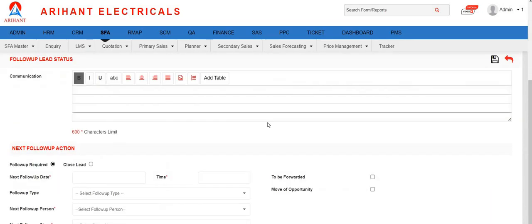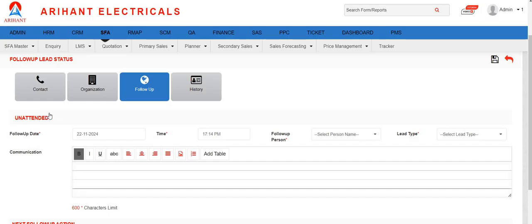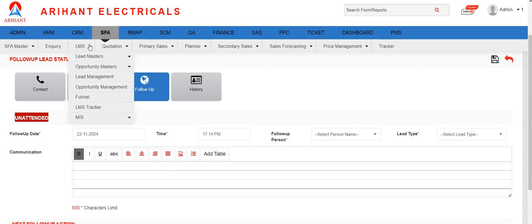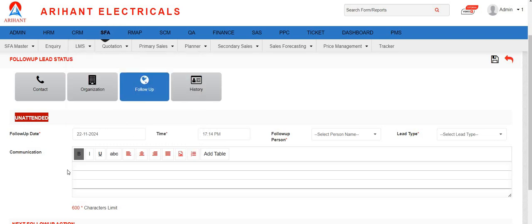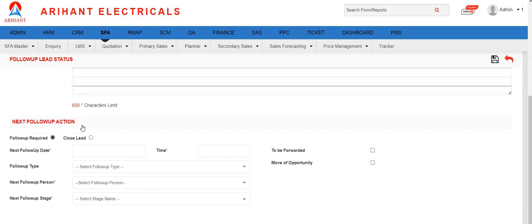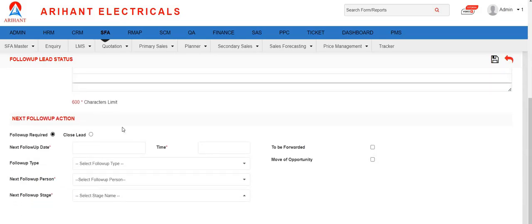And like that only, next time this particular stage will be changed once we call on the lead. So next time it will change. Next time it may be first call or last call, close session, whatever information the salesperson will fetch from this master. So the information will be shown here. And then the next follow-up action also we need to click. So once we go back,